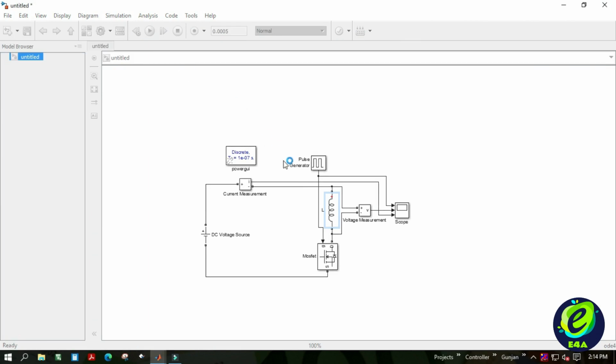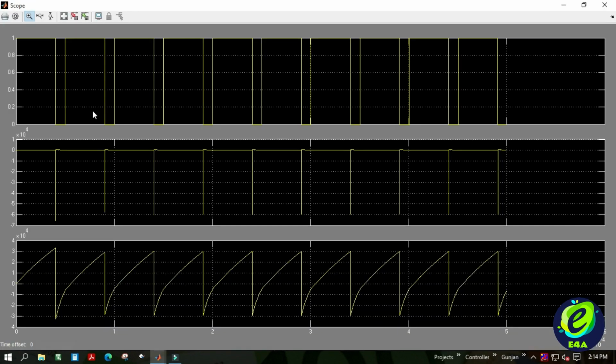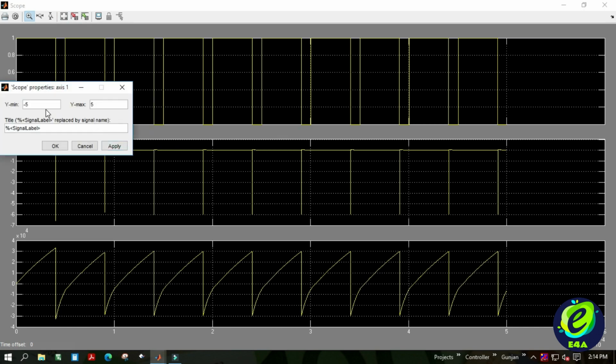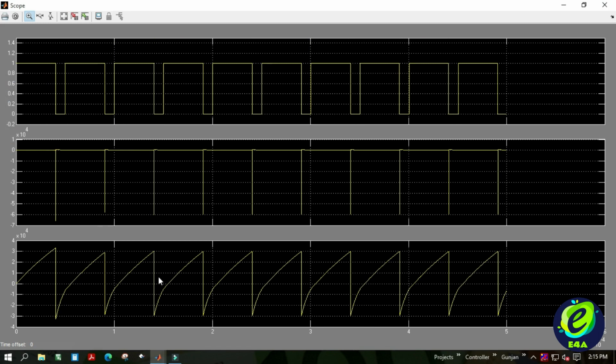Let us confirm this via the current waveforms of the inductor in the scope. As we can see here, the inductor is charging and the current through it is increasing in a linear fashion and reaching its maximum at T on. And during the off period, the current is actually negative because the direction of the current has now reversed and the conduction is taking place via the body diode of the MOSFET.